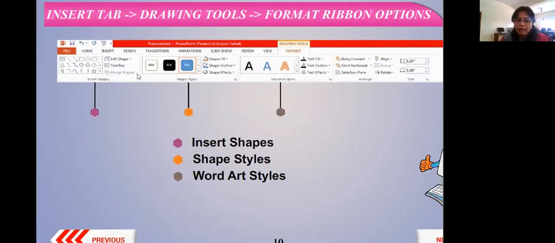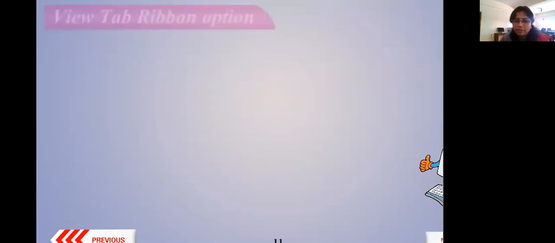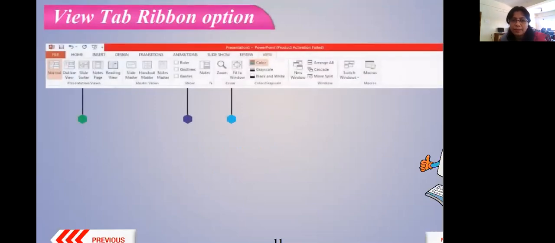All these things are available over here. You can see here, insert the shapes, text boxes, and then we have shape styles, as per what style of shapes you need. Then word art, in the sense of how your font should look, how you want the lines or the words or the sentences you've written to appear on your slides. So let's go towards the next one.